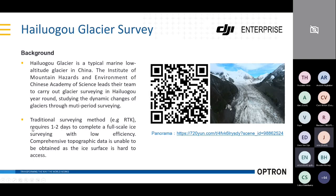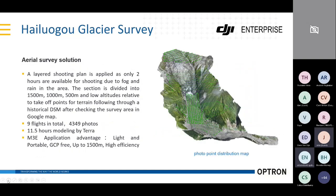What stands out is that traditional surveying methods would take them 1 to 2 days. I find even that's quite impressive. I would guess that getting across a glacier to survey would take much longer. But in their details here, you can see that they only had 2 hours of shooting time available due to fog and weather conditions. And on the right-hand side, you can see the photo centers representing the different flight paths. They had to break it up into 9 flights. All of that put together,